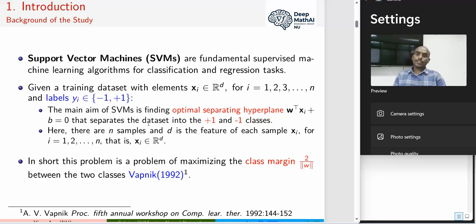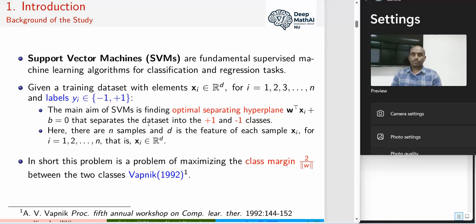So to begin with the introduction part, we talk about the support vector machines. What are support vector machines? Support vector machines are supervised machine learning algorithms, basically used for classification and regression tasks. But in this talk, we will only consider the classification aspect of support vector machines. So we use binary classification, actually. If we are given a labeled data, which is labeled as -1 and +1 classes, two classes,